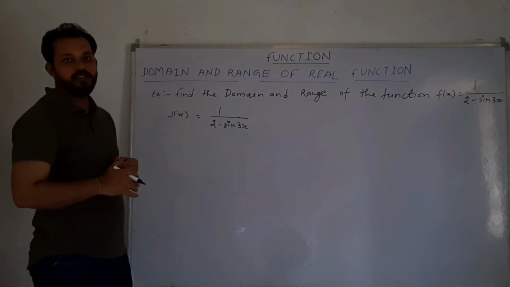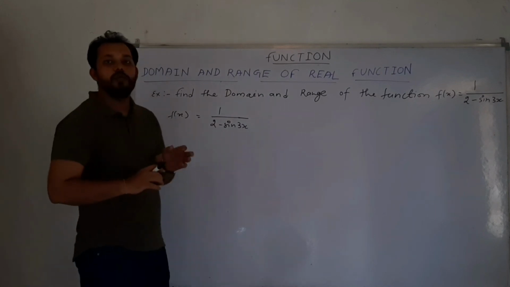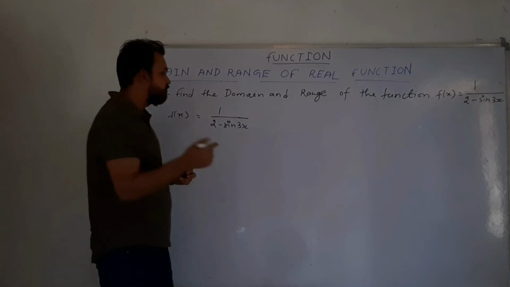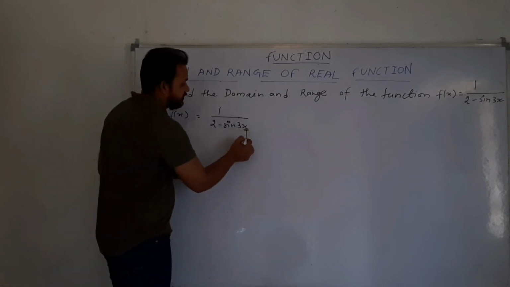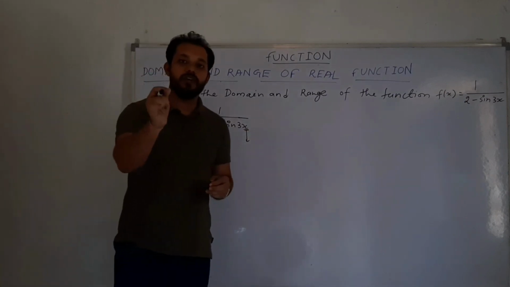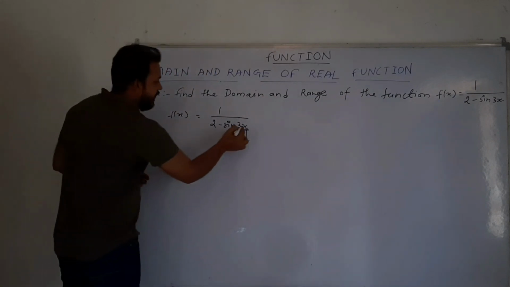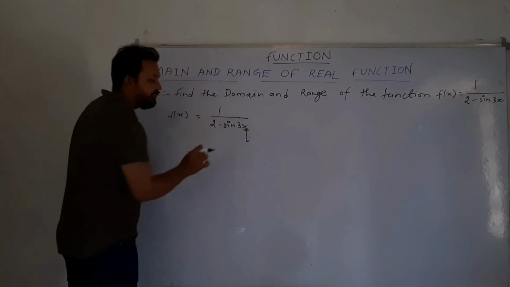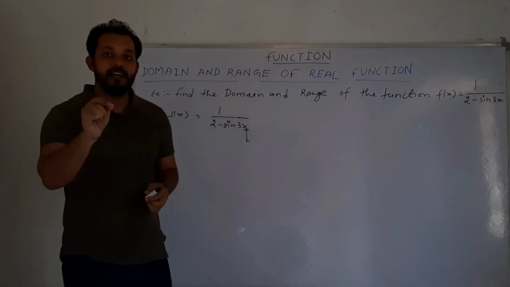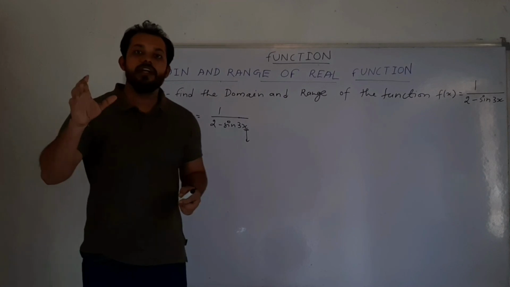This is our function. So the very first thing which comes here, that is how to find the domain. To find the domain, we have to find all the possible values of this x. All these possible values of x will decide our domain. So the first thing we have to notice here is that our trigonometric function, or our x, is in the denominator, and the very first thing we have to avoid is that we will never let 0 come in the denominator of the function.